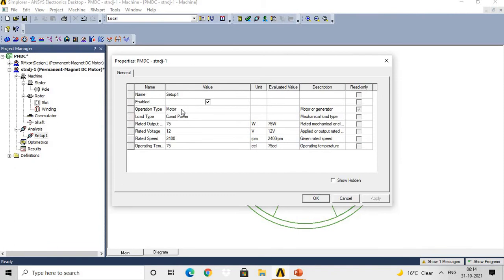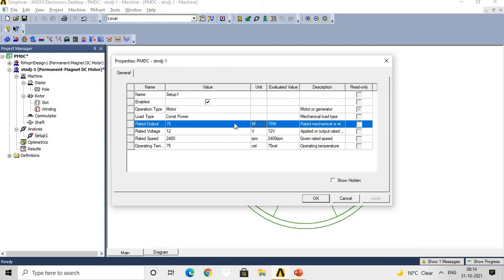Then you need to give the inputs related to the machine specification. Like operation type is motor, load type is constant power, rated output of this motor. So right now we are going to discuss the demonstration of 75 watt. But if you want, you can change the motor rating.